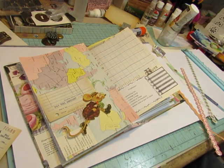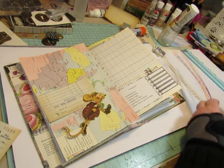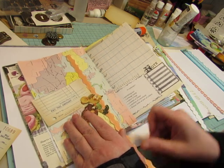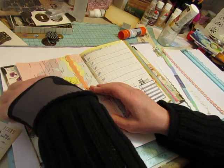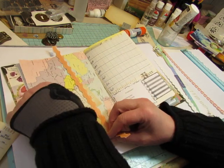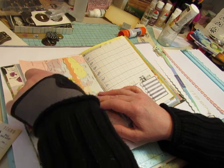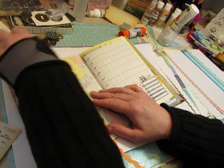I did her challenges before she had started this whole thing with the book, where she would just put them on her web page. And she always said you could have one extra element if you needed, if your arrangement needed something. So I would sometimes use a stamp, like a rubber stamp image, or just something to add a little pop. So I'm allowing myself that in this book if I need it. She didn't say that in this challenge, but